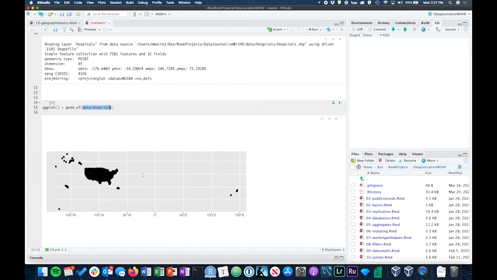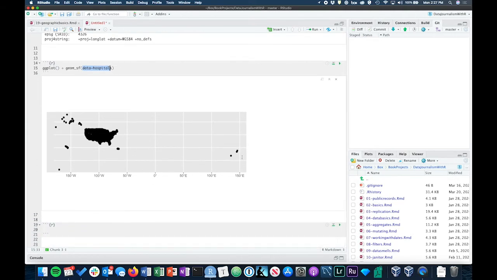What's interesting to me is to see Guam and Federated Micronesia, and you've got Hawaii out here and Puerto Rico here. You can see sort of the basic shape of Alaska. We're a pretty spread out country when you look at it this way. The other thing is, this just looks like somebody spilled a bunch of dots in a pile, so it's not